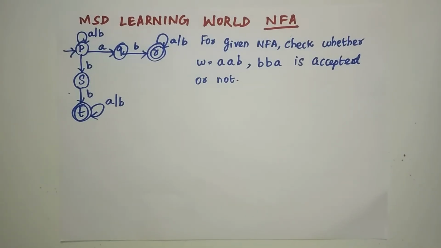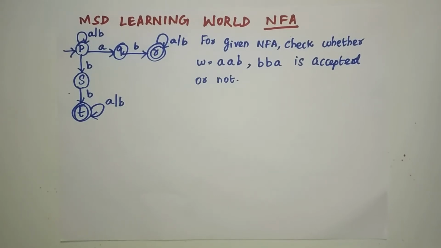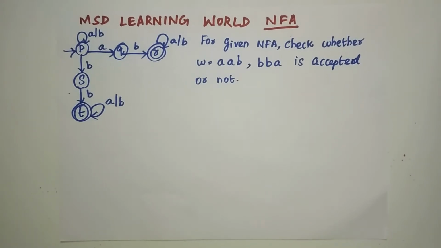In this video, we are going to see how to check whether the given input string is accepted by the given non-deterministic finite automata or not. So this comes under the language acceptance problem. How are we going to check whether the input is accepted? When, for the given string, after all the characters are read from the input string, the machine reaches the final state, then the automata is accepting the input string, and if the input is accepted, then it becomes the language of that non-deterministic finite automata. So how are we going to check that process?